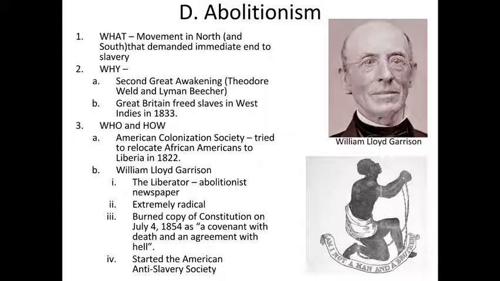So allowing African Americans, if you don't want to be here, you can go and travel back to Africa and establish yourself. And Liberia was actually established because of this. But the people who created the American Colonization Society were actually white Americans, not African Americans. But it gave African Americans the opportunity to go back to Africa and establish their own country, which eventually they did in 1822 in Liberia. William Lloyd Garrison was another popular abolitionist.